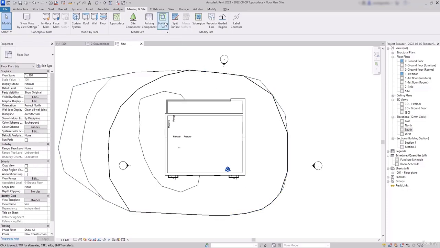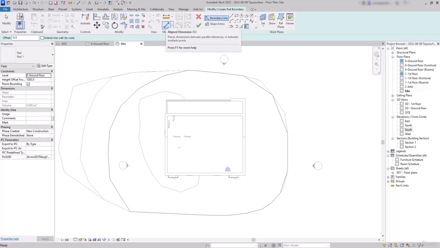Let's activate the icon Building Pad, which is still located at the Massing and Site tab. Then I'm going to specify the height offset from level as 0. And the level I want is the ground floor. On the options bar, there is a blank to specify an offset distance from the walls. And usually we want a pad slightly higher than the building area. So let's set it to 1000 mm,